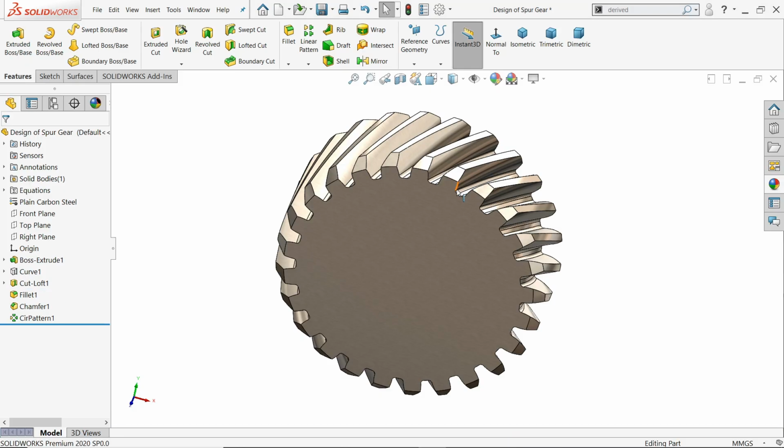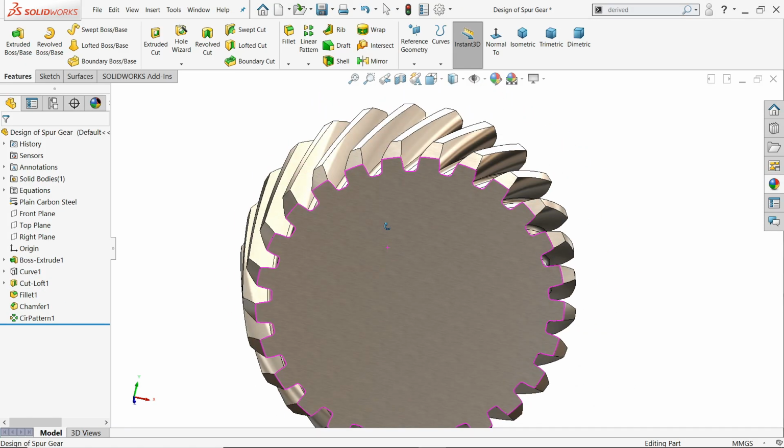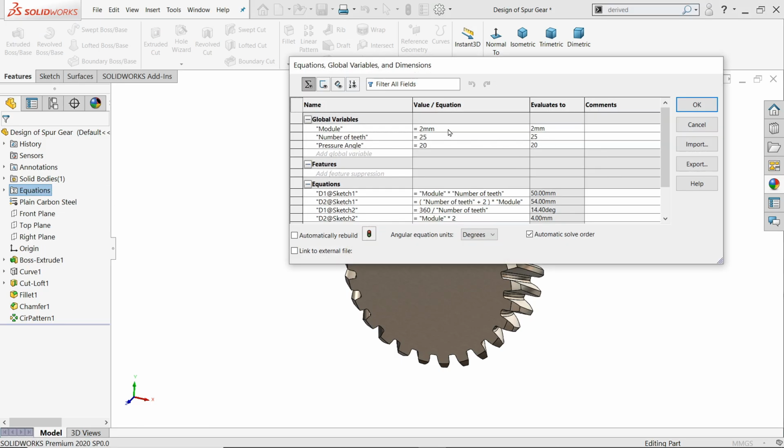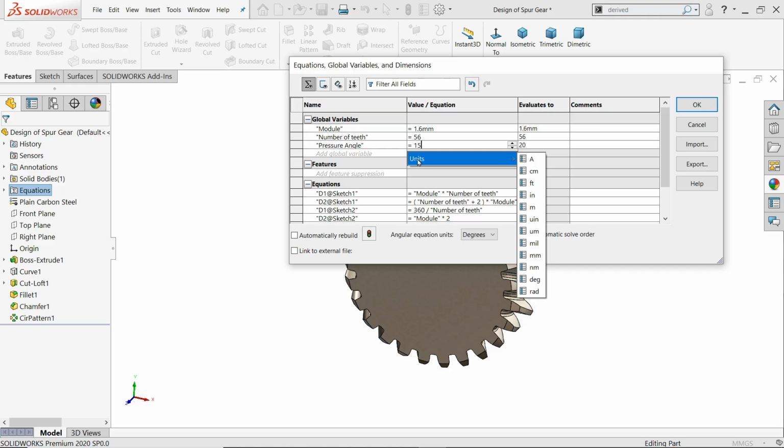So this is how we created a helical gear with the help of the spur gear, or with the help of equation. Now, why do we create with the help of equation? Just right click on equation, manage equation. Now if we change this one, let's say 1.6, tab, 56, tab key, the angle also we will change, 15 degree, tab.